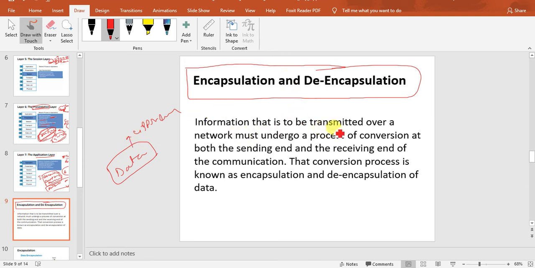Suppose we have 7 layers here. When the packet goes from the physical layer to the data link layer, here is our data,